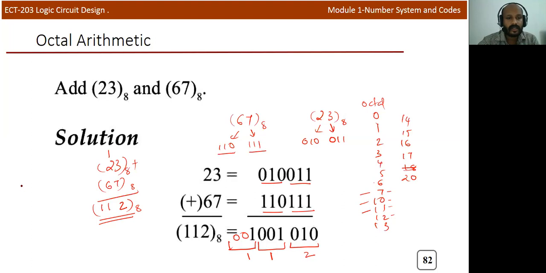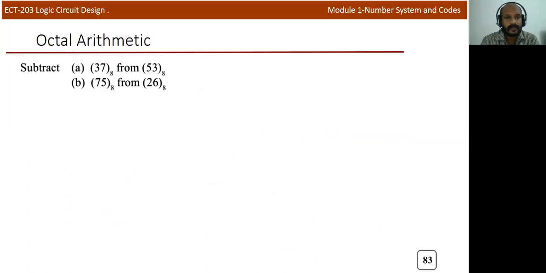But always remember that in octal the symbols used are 0 1 2 3 up to 7. There is no symbol like 8. You need to remember this particular sequence, and only then can you add in octal itself. In another method, we need to convert 23 in base 8 into decimal and 67 into decimal, then add in decimal itself. After that, you can convert decimal back to octal. Here we will discuss the binary method.